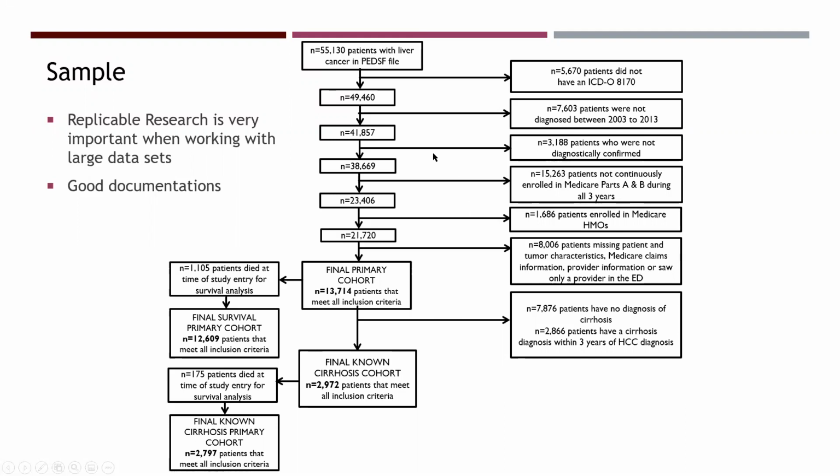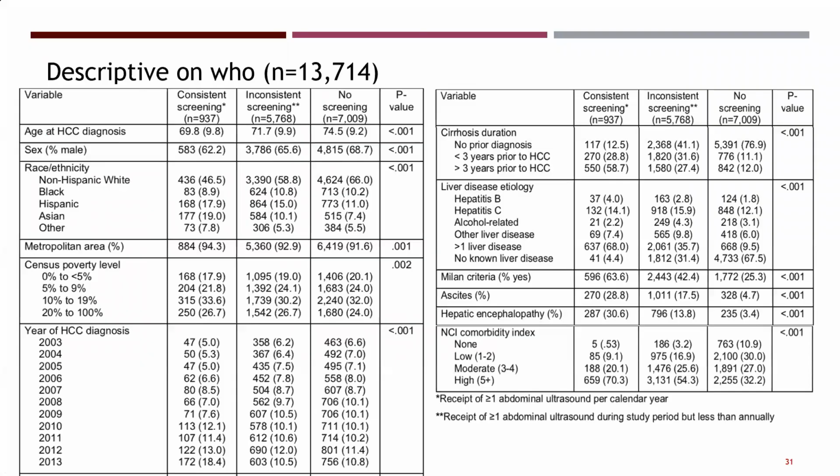When you start to do this, this isn't something you do at the end. This is something you start to do in the beginning. This continues to change and iterate. As you work on this diagram, it is really helpful for you to be able to think through the data and the details that you need, and to document the details that you need when you're all done to write your paper, right? So we did all of that, and then here's the general descriptive of the final sample,